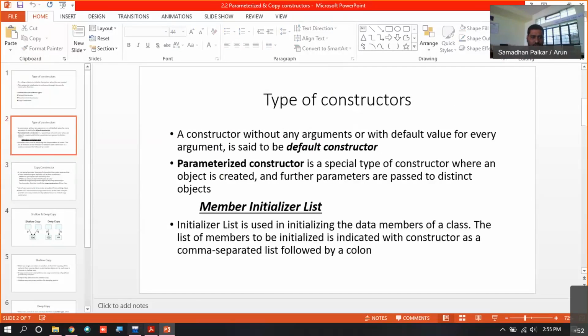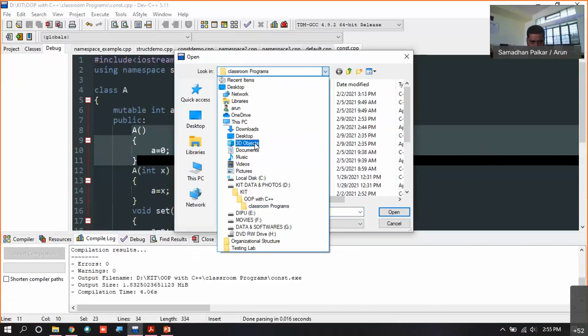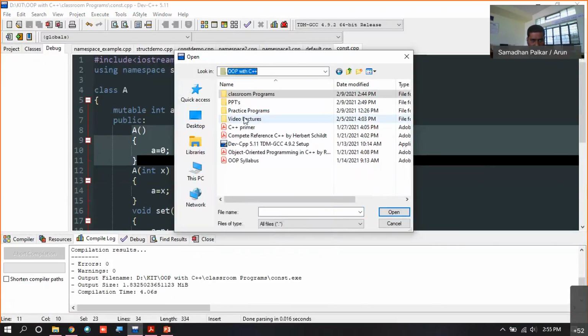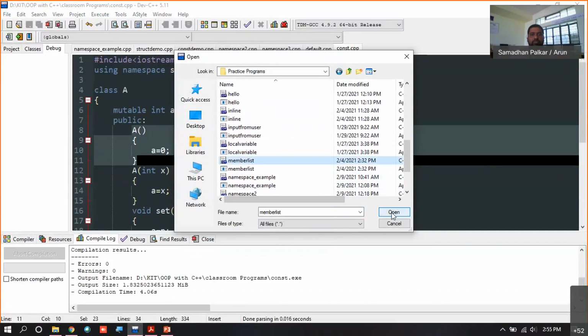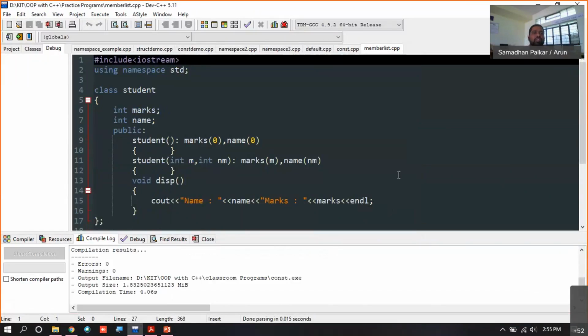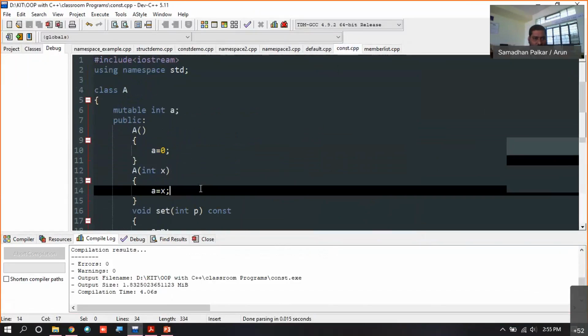Now, I'll show you a program for the initializer list. This is a program wherein we are assigning values.